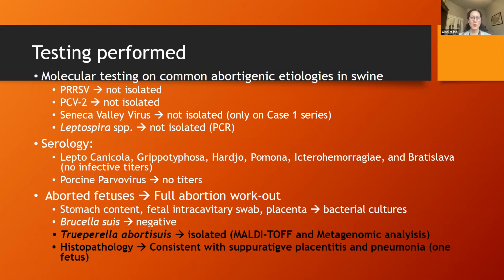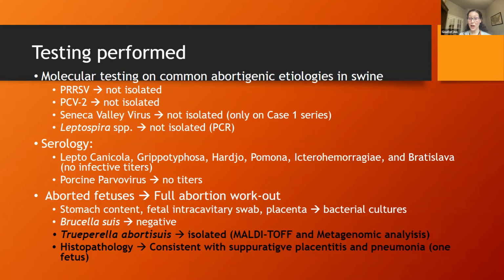At the same time that we did the molecular testing on the tissues, and some of the female tissues that we collected, such as the placenta or the uterus, we also did the aborted fetus workup, which is at the bottom of that list. The aborted fetus workup doesn't include all of the testing we did here, but basically we do PRRS, PCV2, lepto cultures, lepto PCR, Brucella suis on the stomach content. We did a fetal intracavitary swab because the fetuses were very small, so tissues were difficult to identify in many of them. So we just do a fetal swab, and then placenta,